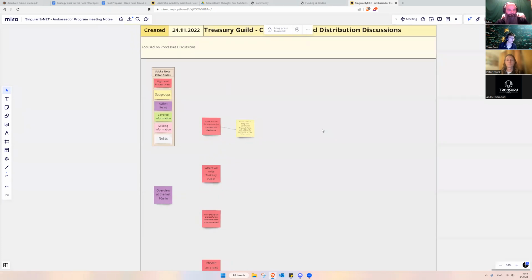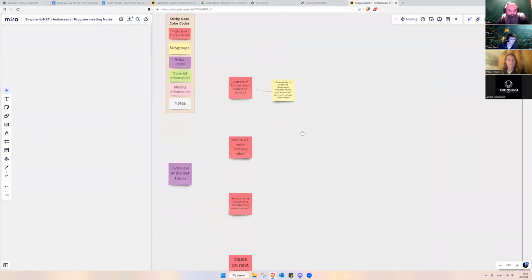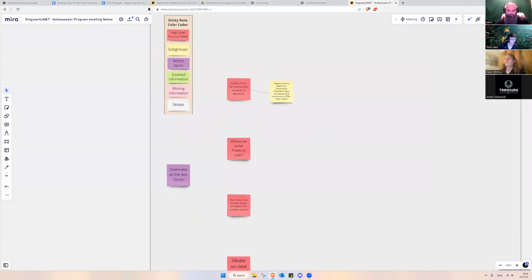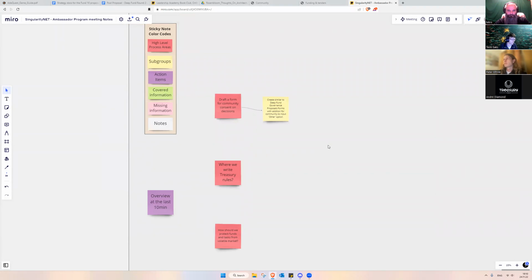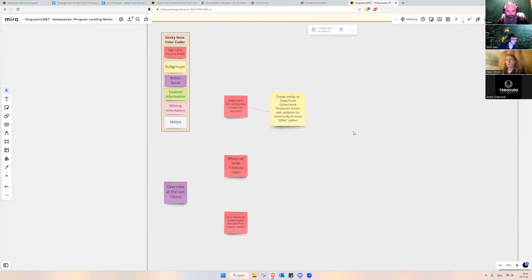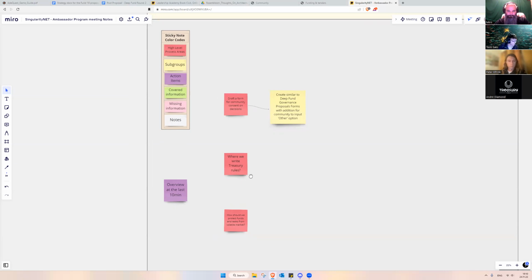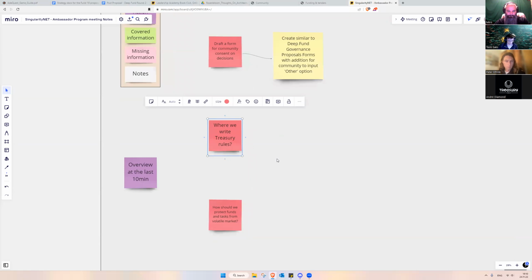Hello. Today in the Treasury Guild meeting, we have basically three agenda items. One is an overarching agenda, which is to draft a form for community consent on decisions. We're going to test out a form similar to TIP fund governance, where the form has some options we define, which we think the community might find useful, but we also add an option for other, so that they can give additional feedback on how they would see some decisions be made, or a solution to be adopted. And the first agenda item is where we write Treasury rules,